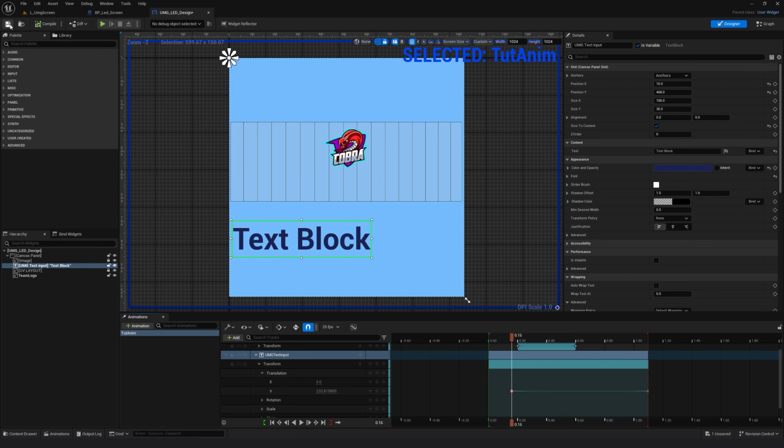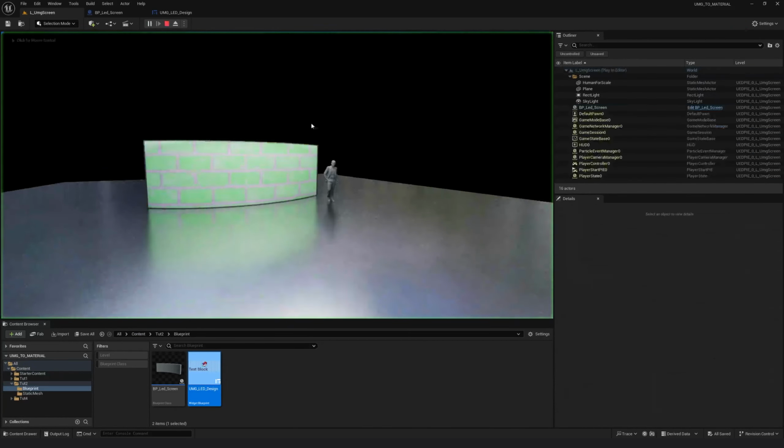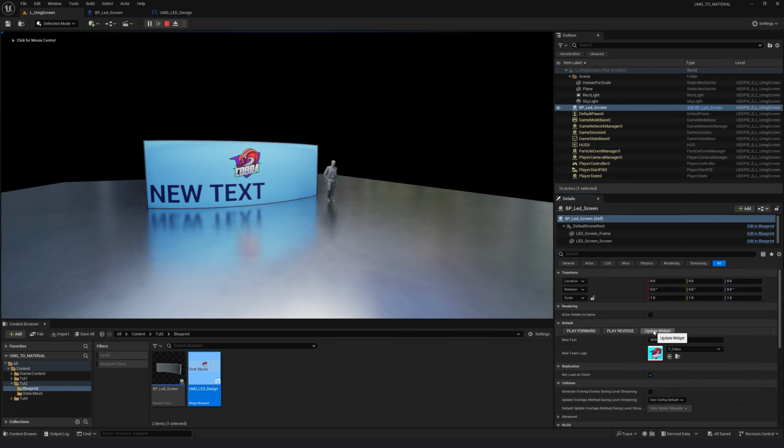Now if I compile and go back, you will see that the animation has changed. Let me just update it. And if I play reverse